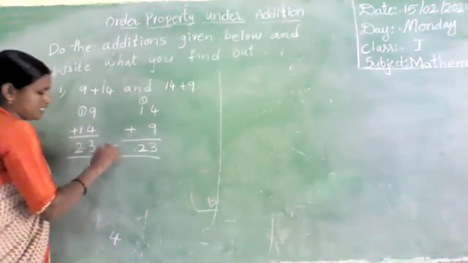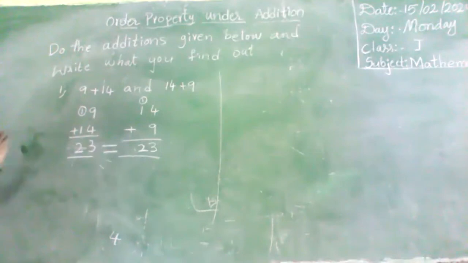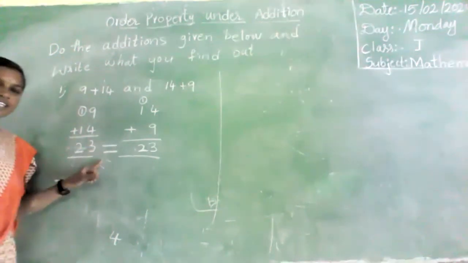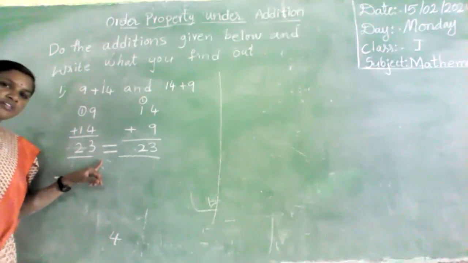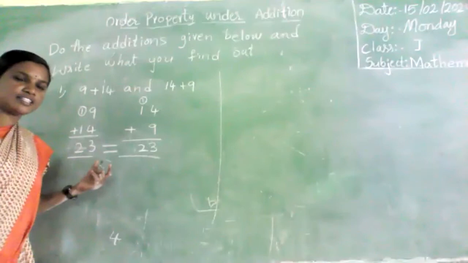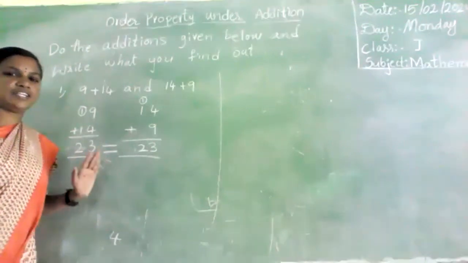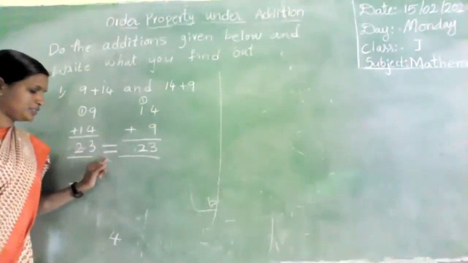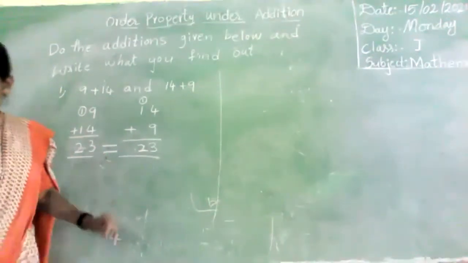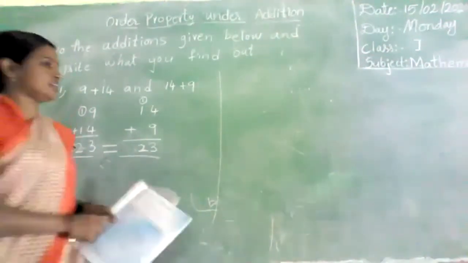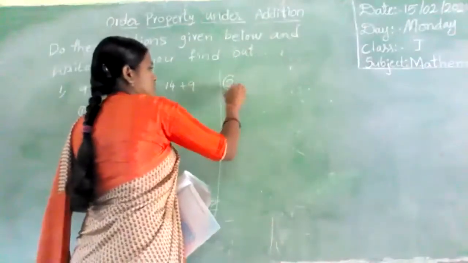So you write like this. Okay, don't forget the equal. How I have written on the board, you also write like that only, okay? You must keep equal to. Okay, write in the textbook. Next,